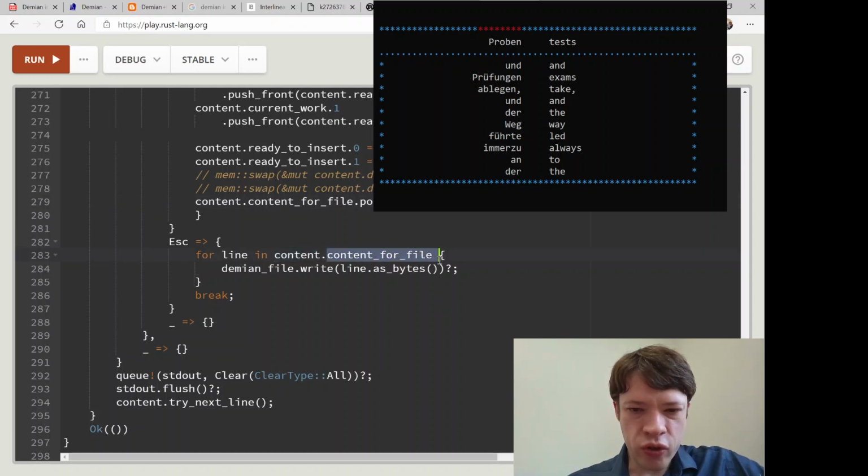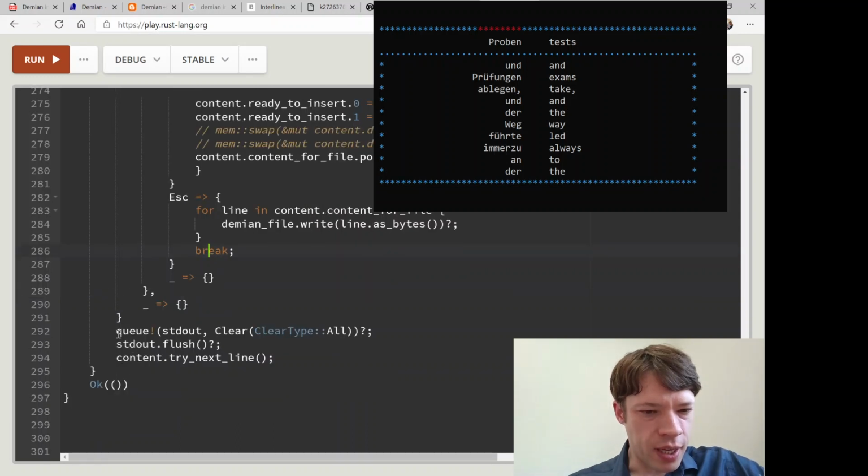So this is the big string that has all the stuff that we're attaching to, and then this write function, this is just a regular write function that you have in the standard library, and just change it to bytes because files take bytes, and then a question mark because it is a result, and then it'll break, and then when it breaks, it'll finally break the loop.